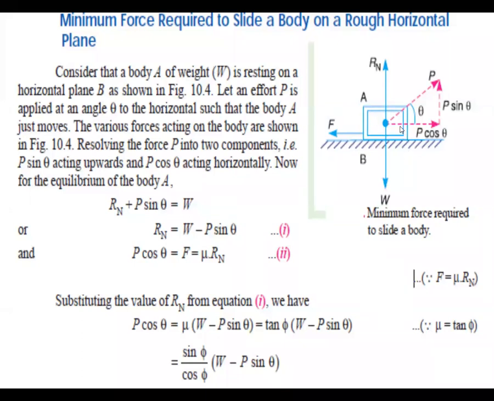By taking this diagram, you can analyze. See here, this is the horizontal plane. On the horizontal plane, the body is located. This is the body. When the body is located on the horizontal plane, automatically due to gravity, the body weight will be in the downward direction and the normal reaction is in the upward direction, right? These two conditions have to be understood.